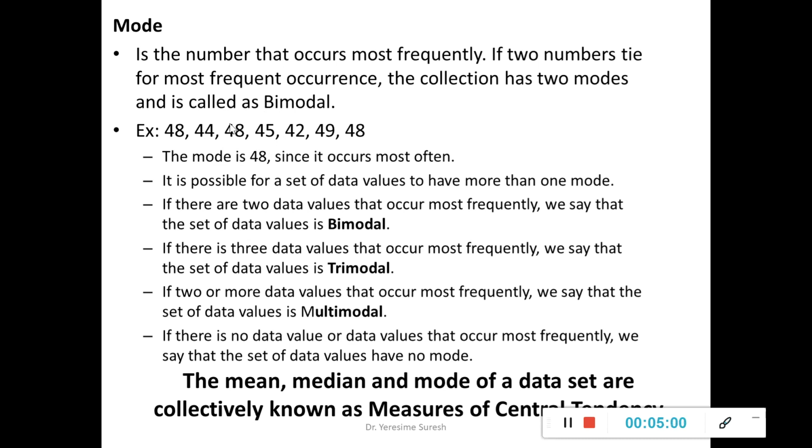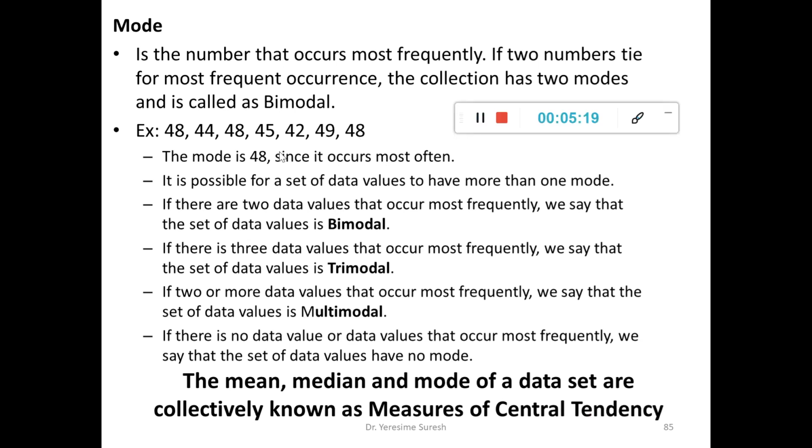Any data object that frequently appears, in this case it is appearing twice, I call it as bimodal. Say for example, if 48 was appearing thrice, then it is trimodal. If there are n number of data objects and they are appearing n number of times, that is called as